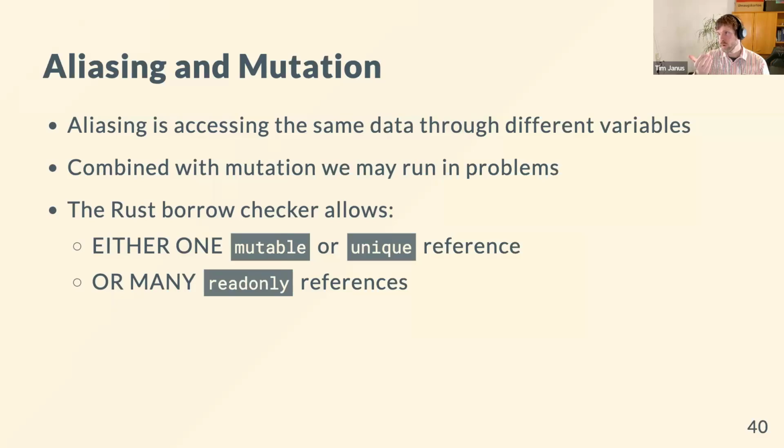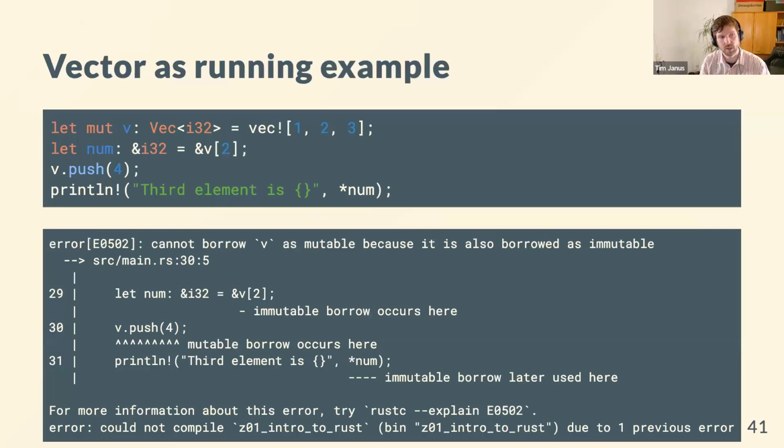And when we have this with mutation, we could run into a lot of problems, and actually a lot of subtle bugs in native code, especially in multi-threaded environments, are because you had aliasing that is mutable. Therefore, this borrow checker really checks this: either one unique reference or many read-only references. And now to have a deeper understanding, there's a good example using the